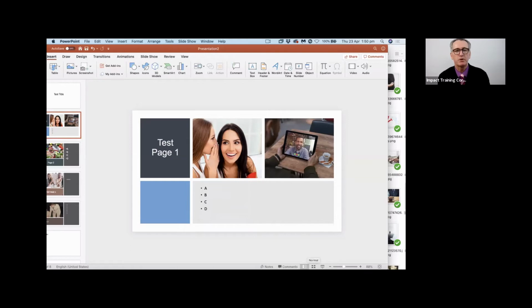Hey, Lloyd, why don't you put up on screen what you've done so far? Let's have a bo peep at it, mate. So share your screen. I'll stop sharing mine. Let's have a look at what we've got so far. Let's have a bo peep. So you've done just a first page, just the title. Go in there and have a bit of a muck around, center a few things and so on.